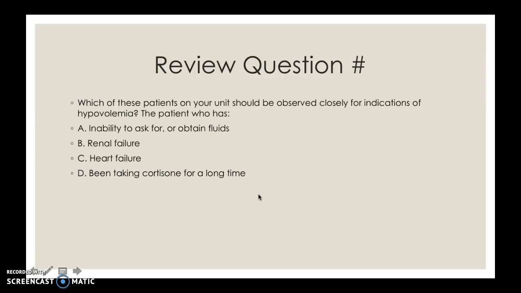Which of these patients on your unit should be observed closely for indications of hypovolemia? The patient who has A, an inability to ask for or obtain fluids, B, kidney failure, C, heart failure, or D,